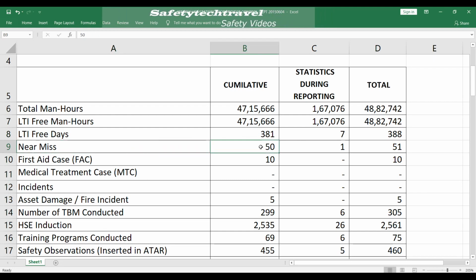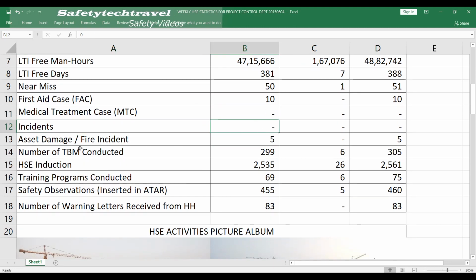Near misses: how many near misses in total, and during that week. First aid case cumulative numbers, and during the week, plus total. MTC 0. Incident report also the same. Asset damage or fire incidents.